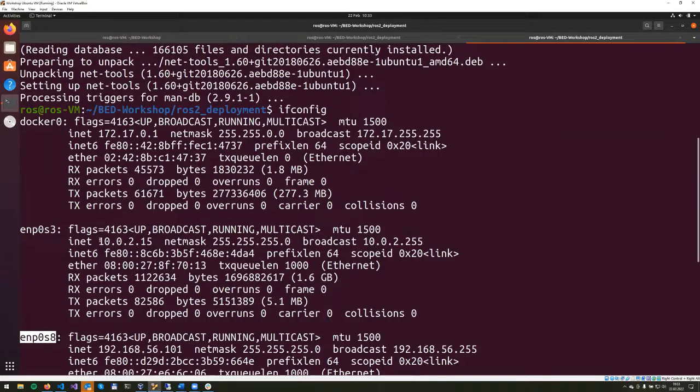We are interested in this ENP0S3. Why are we interested in this one? Because this is a network card that was defined in the VirtualBox as the one that has an access to the internet. From the IP addresses in the ENP0S8, you can see that this has an